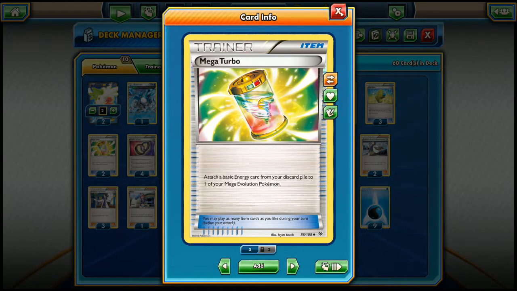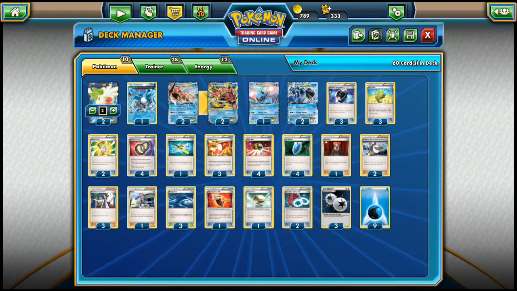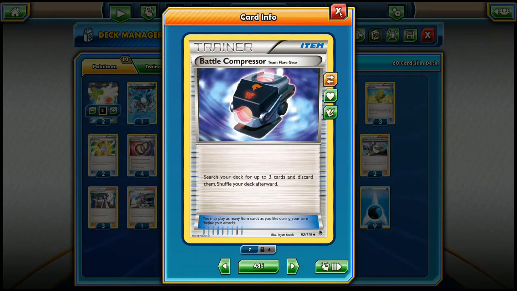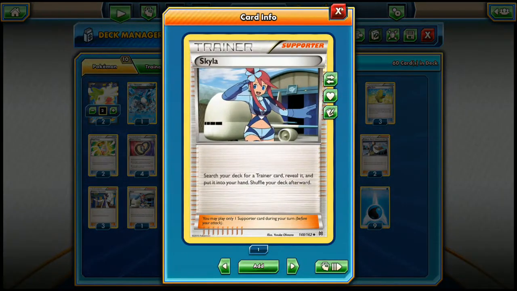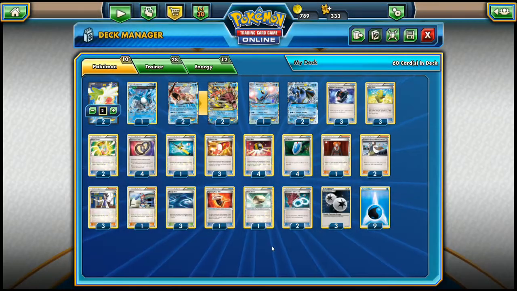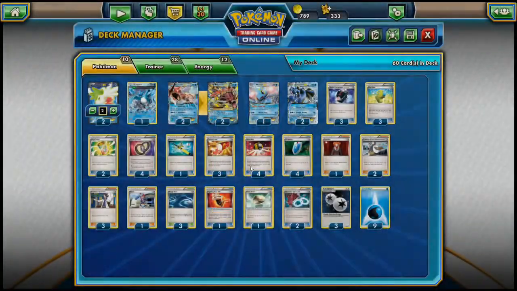These will be used exclusively for the Mega Gyarados EX, and we will be getting energies in the discard pile with this Battle Compressor, 3 copies of those, and we will also be getting some other cards in the discard pile with it, like this Skyla. Very useful to get the Spirit Links for the Gyarados, which we run 2 of, or a Floatstone,